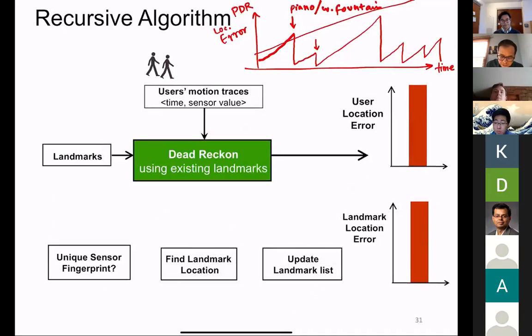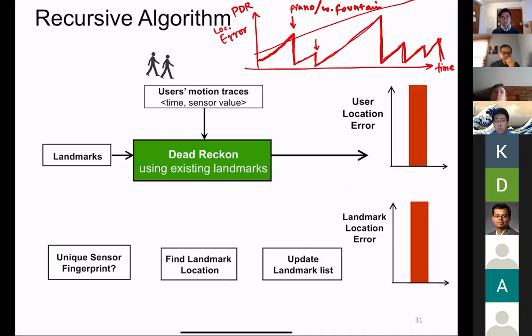This is what we talked about last time. The unlock error keeps growing. Then you see a landmark, you go down, you reset your error. Again, it keeps growing. You see another landmark, you reset. Of course, the reset error may not go down to 0 because your estimated landmark in the system may not be precise. You may not precisely know where the water fountain is, right? But that's okay, as long as your PDR error gets reduced, you're fine. So the error keeps growing, comes down, keeps growing, comes down. And that is what you'll see in the paper. You're supposed to read the unlock paper and review it.